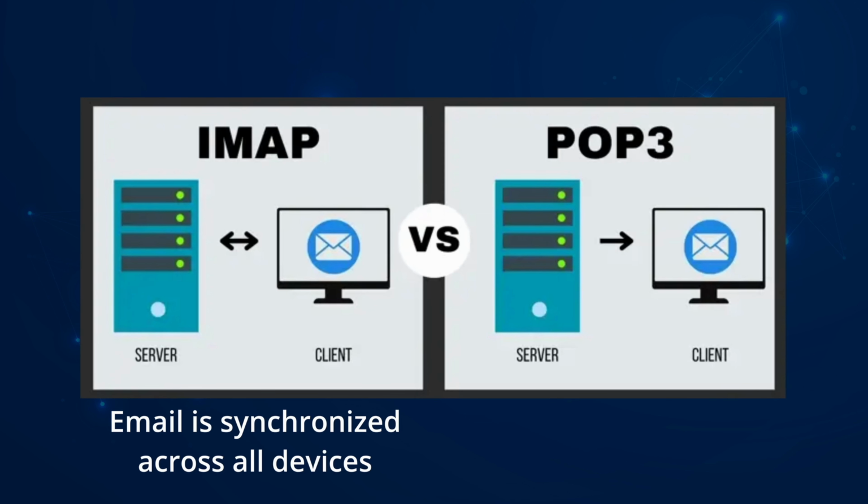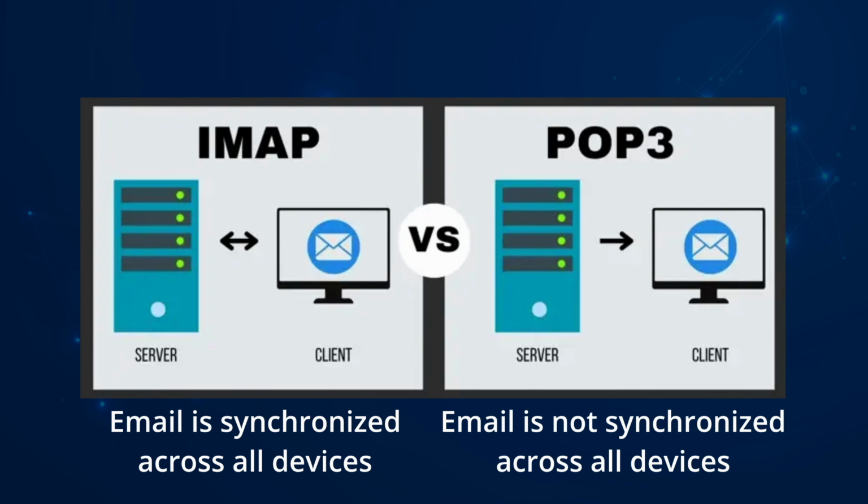On the other hand, POP is completely different. POP downloads emails from the mail server to the user's device. Emails are typically stored locally on the device, and users can only access the emails from the specific device. POP is a one-way communication protocol, meaning that actions taken on one device will not be reflected on the other